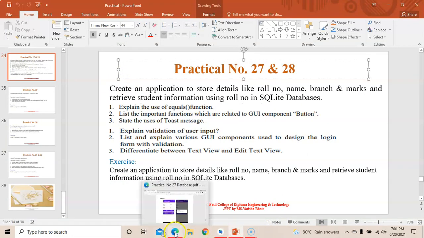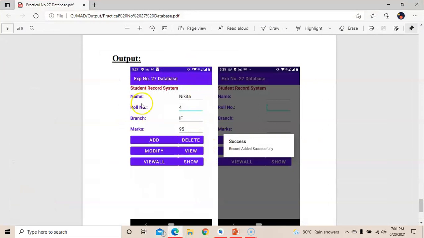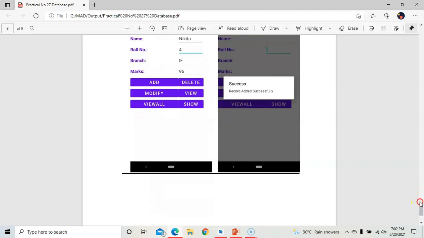This is the output. We need to enter information, press on the add button, and then it will show you record added successfully. This is the title and message, show message dialog box. Okay, and when this message is cleared, clear text will appear, meaning whatever information you have added here will be gone. Like you can see, it will be gone. Okay, by using clear text. So here it is only the add button. Add button's operation is shown. You can run the program and see all the operations. Okay.